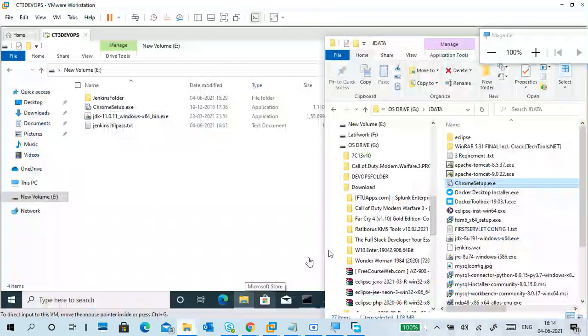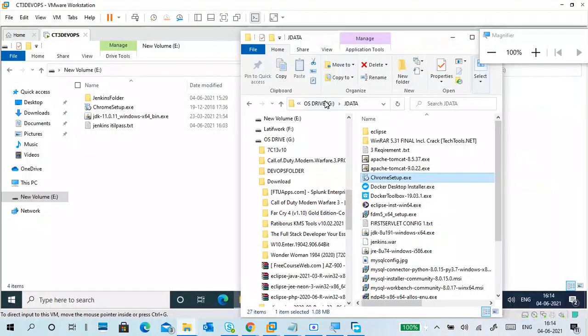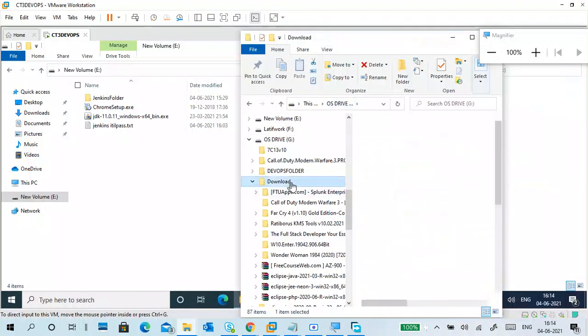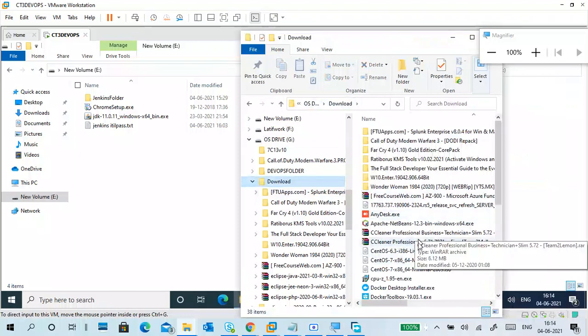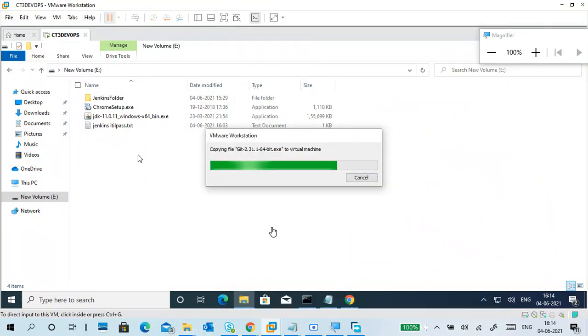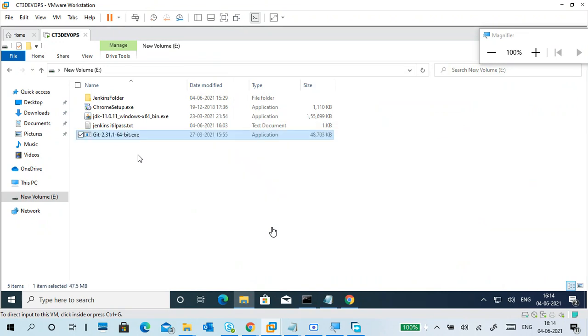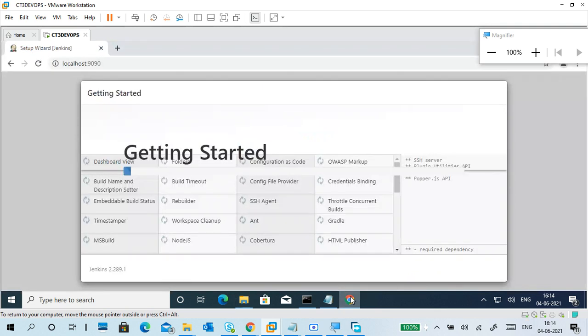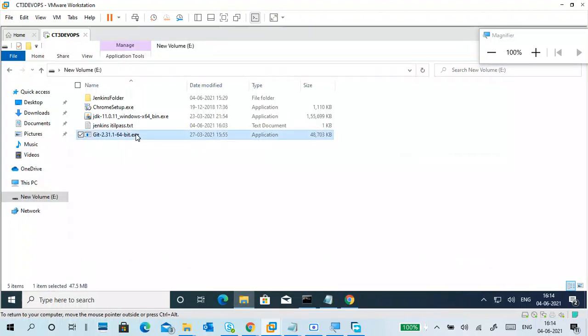Already told, you need a lot of patience. Where is the Git? Drag and drop. Now it is going on. Maybe it is good. Meanwhile, I'm installing Git.